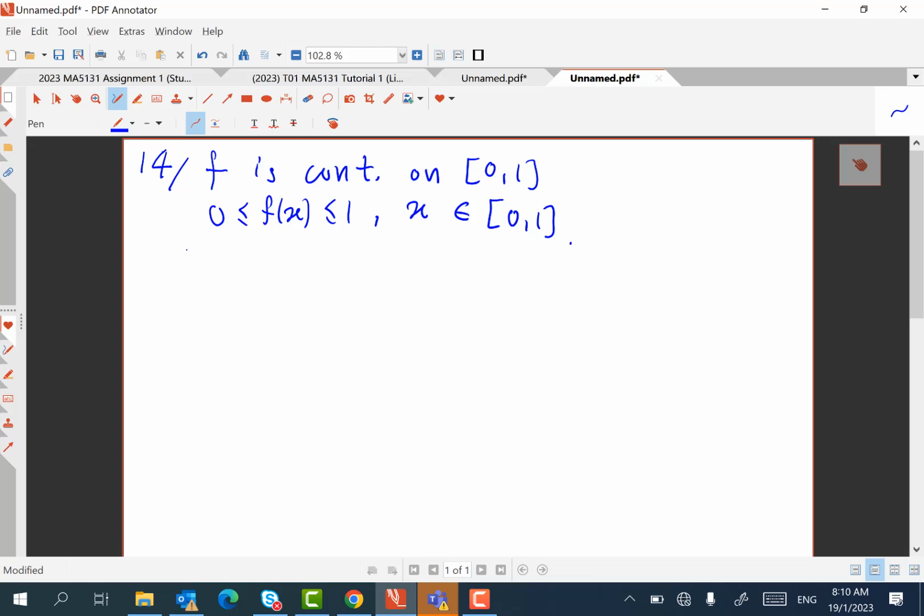So part A wants you to prove a certain result. To prove the result, let's start with case 1. Case 1, if f(0) is equal to 0, we are done. If f(0) is equal to 0, then we have what the question wants you to establish. Case 2,